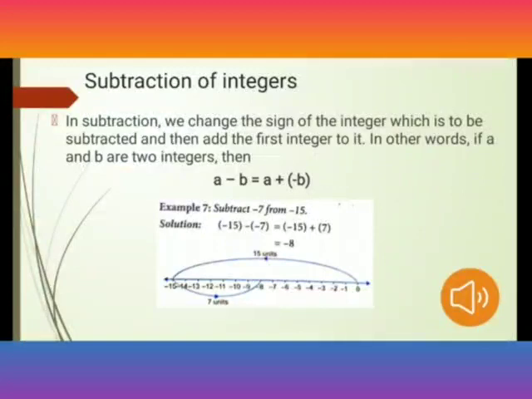Minus 15, and after minus 15 you can see the two signs of minus, that minus will become plus, and then you will write 7. So minus 15 plus 7, minus plus minus. You will do the subtraction and put the greater sign ahead. Minus plus will be minus, 15 minus 7 will be 8, and you will put the sign of the greater number there, that will be minus 8. You can see the number line also over there.